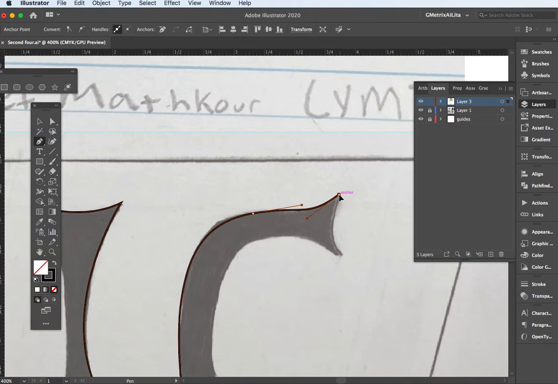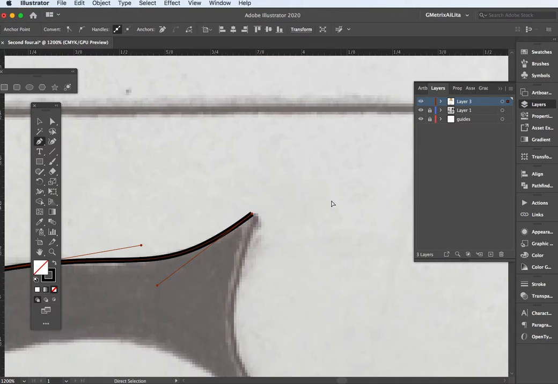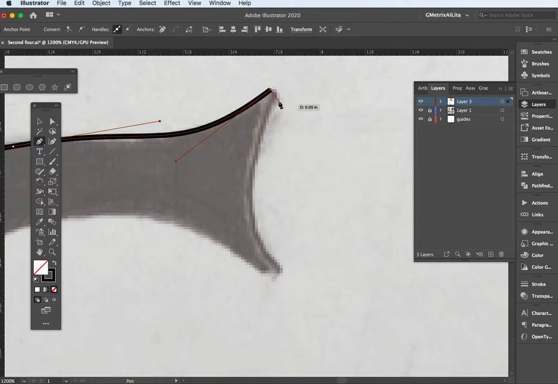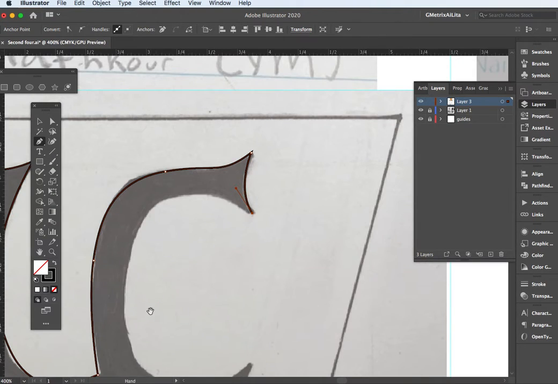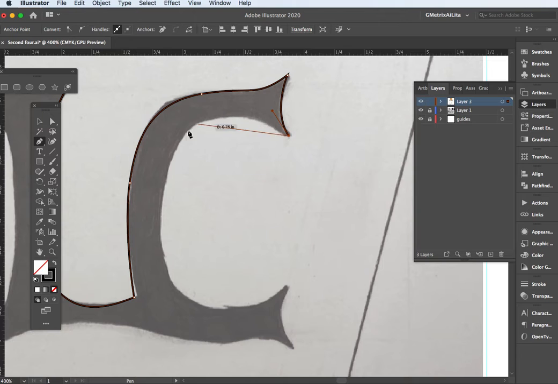And again, set the corner point to here. If I zoom in, you can see that now I just have the same edge on the other piece. Just click and drag the point, and again I'm going to set it as a corner point just by clicking onto that edge piece right there. So now I have this entire inside of the C. I'm going to click up here,